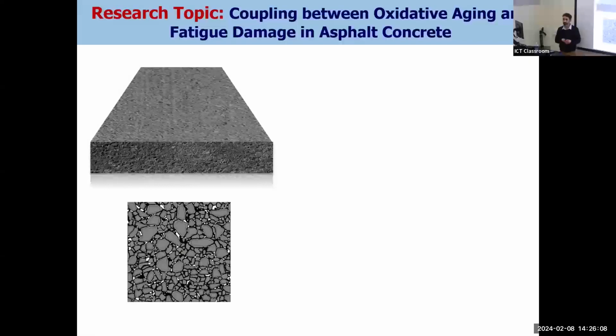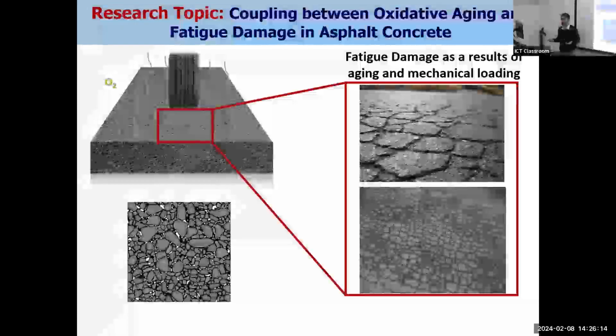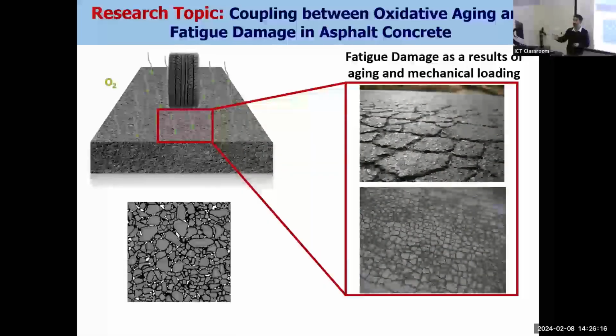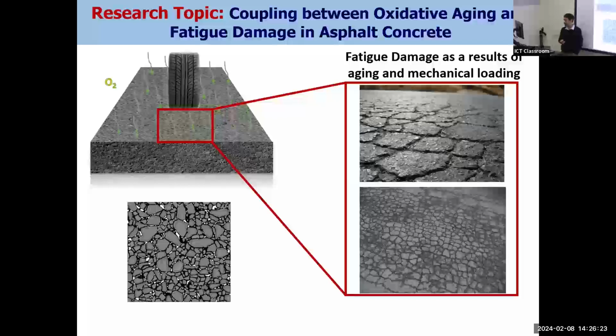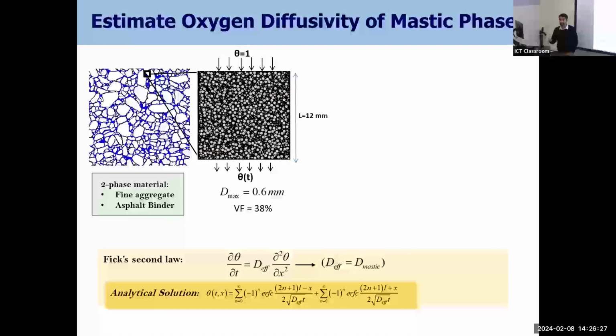One of the things that we have worked on is oxidative aging. It is a very, very slow project. The testing is difficult for pavement, and we know what happens to a pavement when it ages, right? We have a significant level of fatigue damage. One of the things that is important is how you measure the material property for the diffusivity, like oxygen diffusivity. It is difficult. It is time consuming.